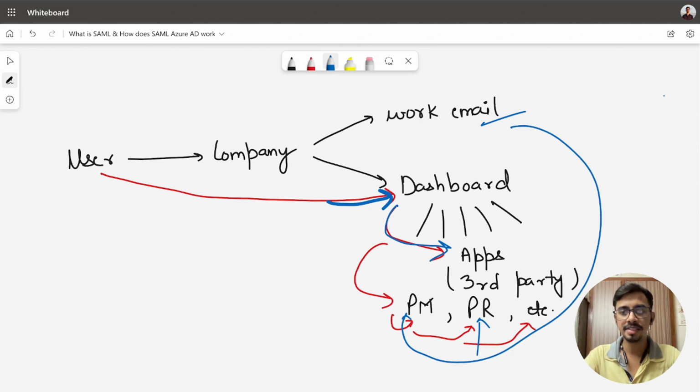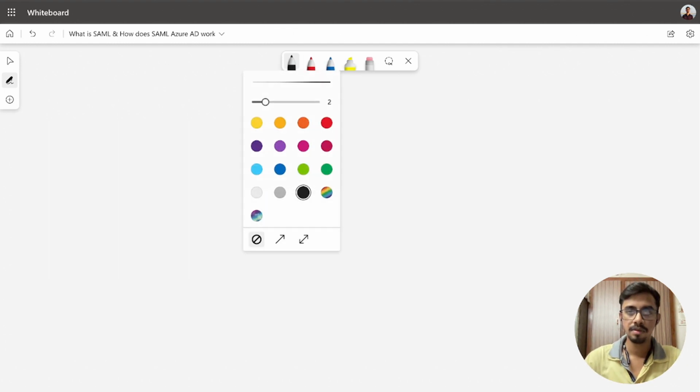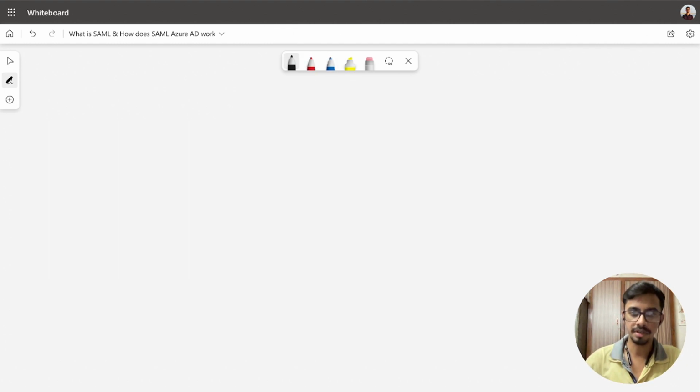So what is basically SAML all about? SAML is all about three components.